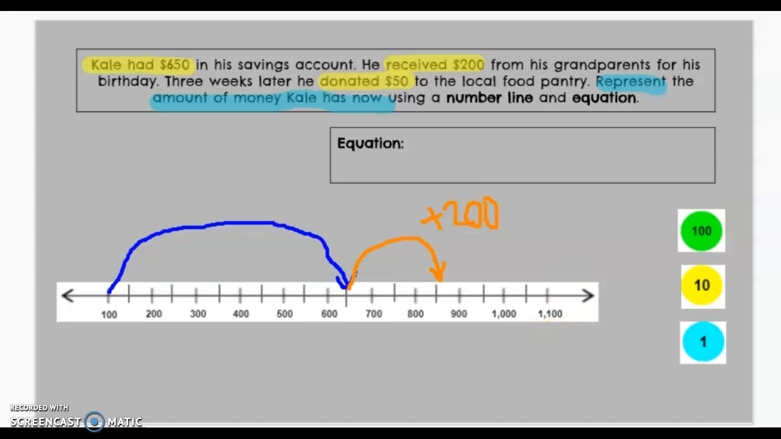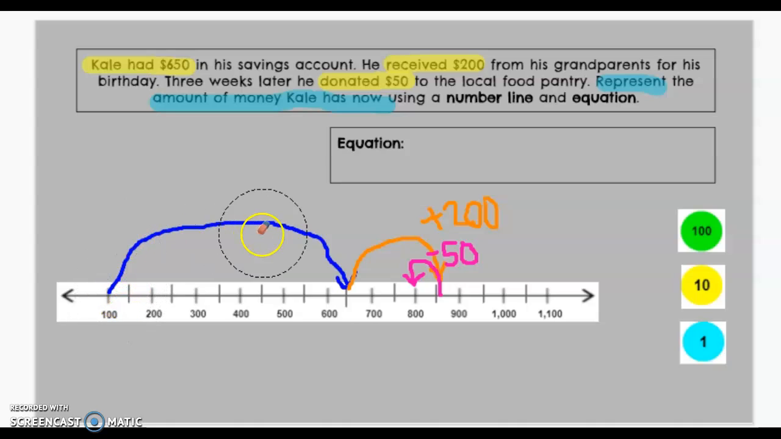But then he donated $50 to the local food pantry. So he doesn't have it anymore. So I need to go backwards, okay? Minus $50. This amount here